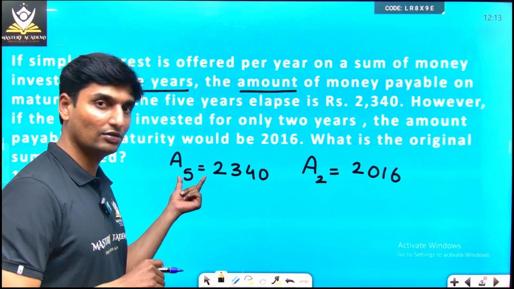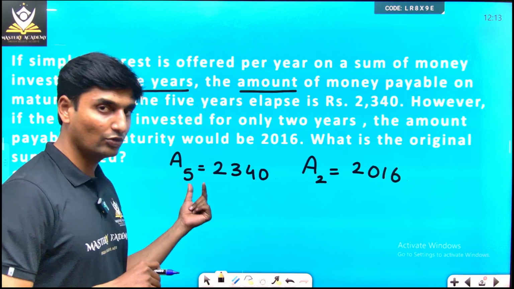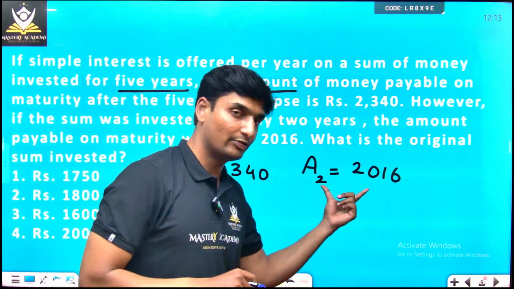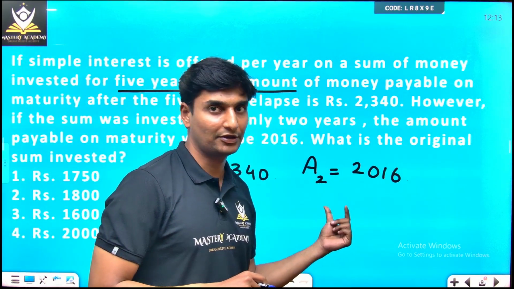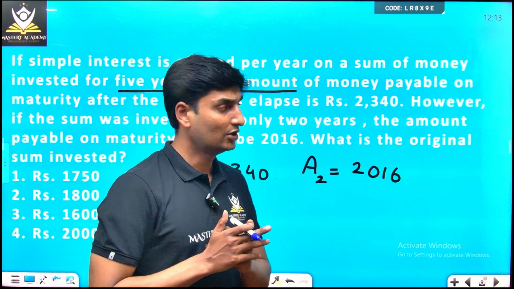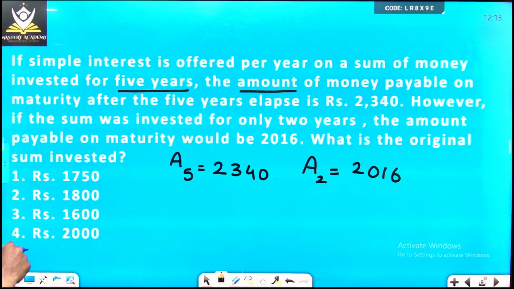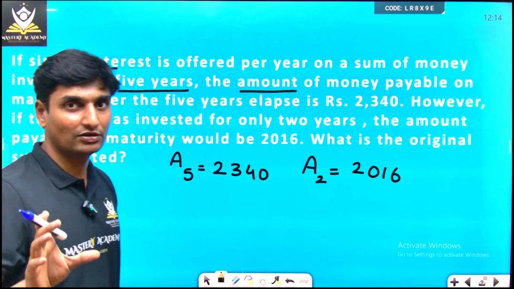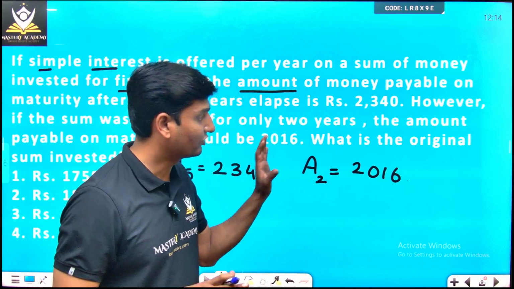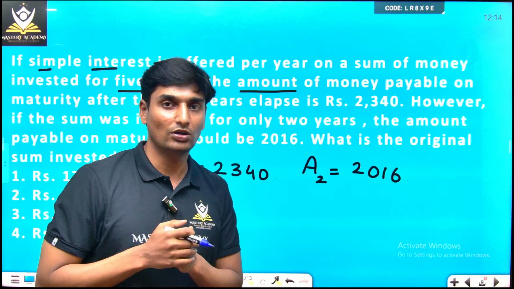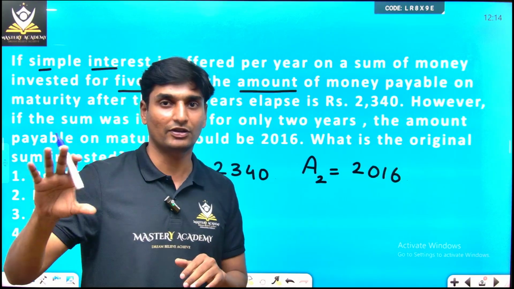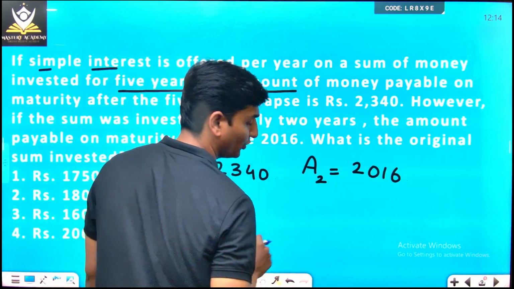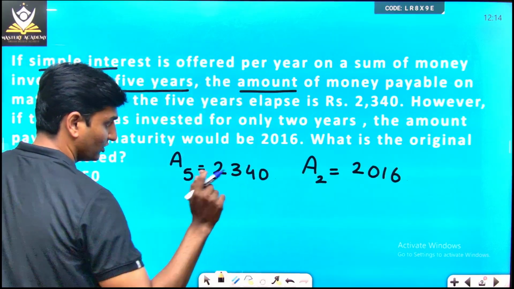You can take the formula A is equal to P into 1 plus IT. Then principal will be equal to A upon 1 plus IT. You can solve that, not an issue. But here, when they have clearly mentioned that the case is simple interest, the interest this person is getting will be equal each and every year. Simple interest will be the same for each and every year. So for 5 years the amount, and for 2 years the amount, there is a gap of 3 years.